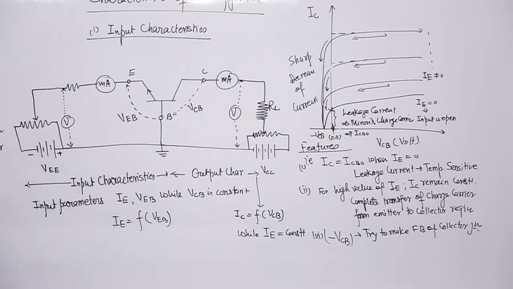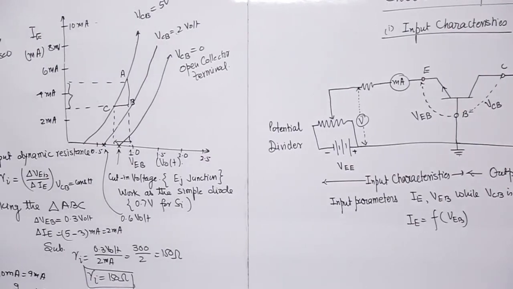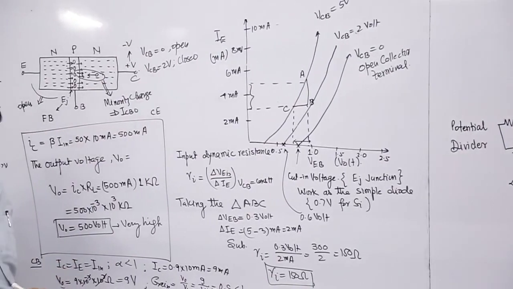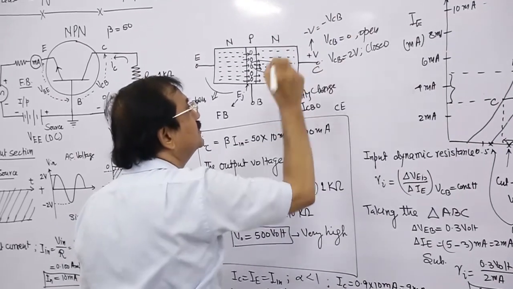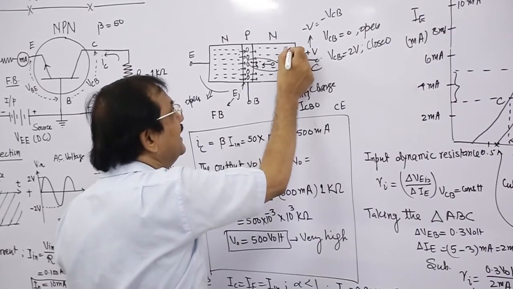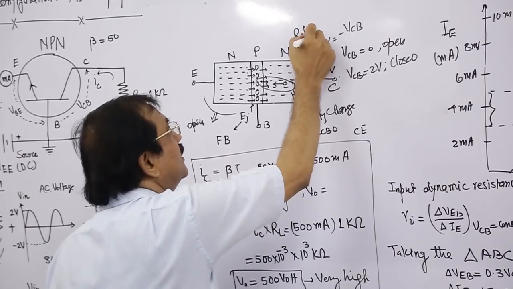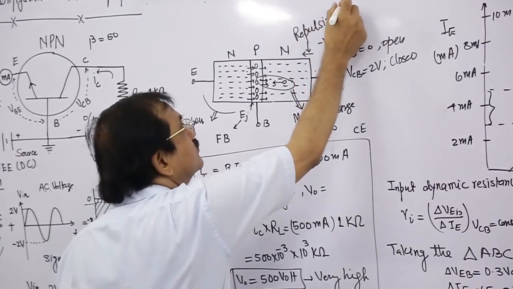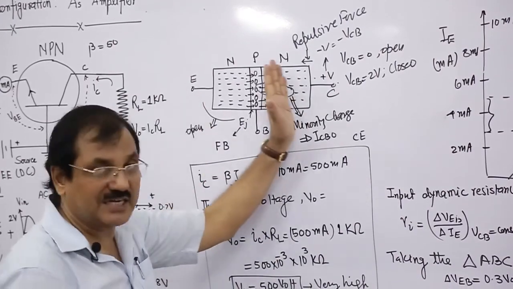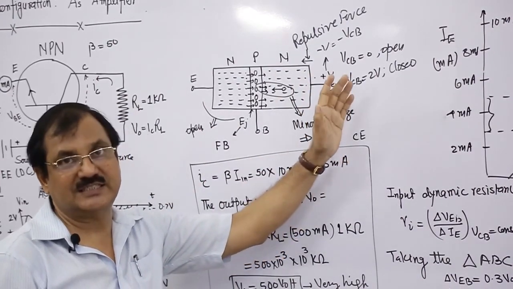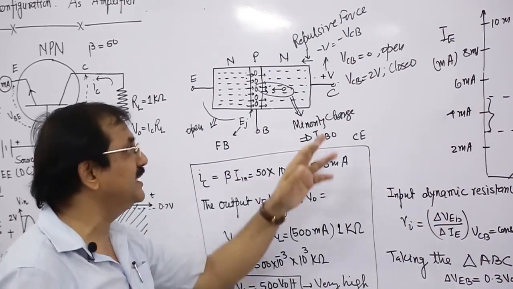You see in this diagram again, when we put a negative voltage, VCB, that is minus VCB, what will happen? This negative voltage, and here it is electron, so there is a repulsive force acting on the charge carriers, that is electrons coming from the emitter section to the collector section. And that's why there is a sharp decrease of the current when VCB is negative.